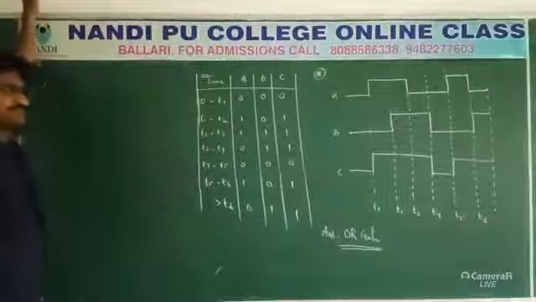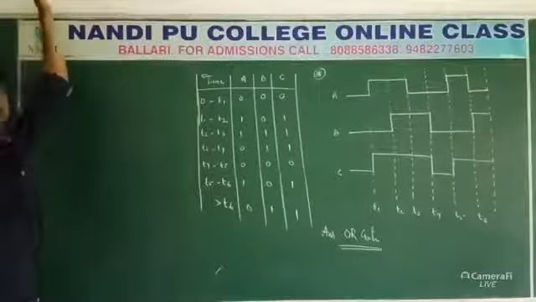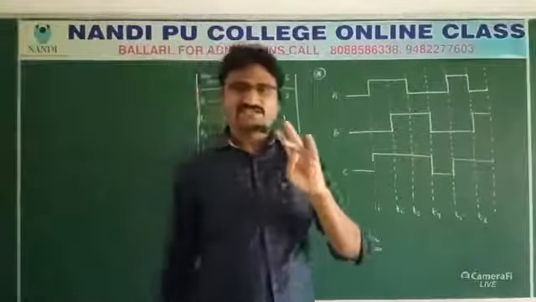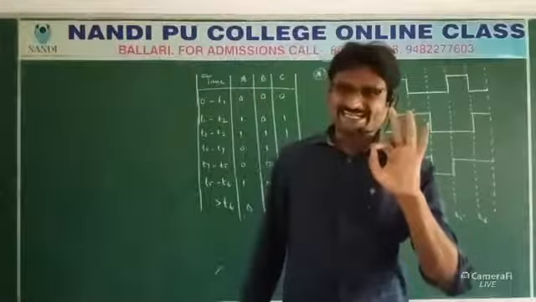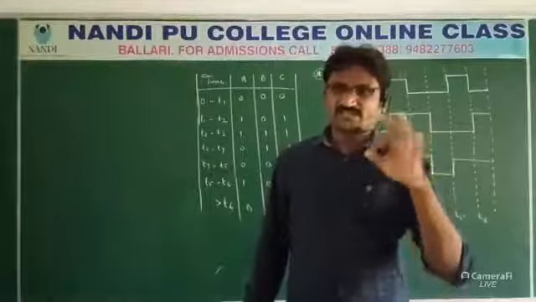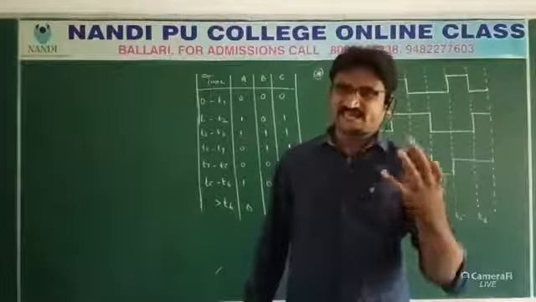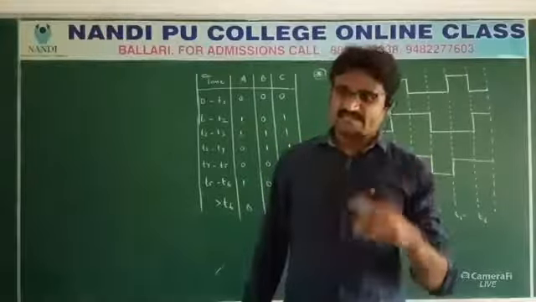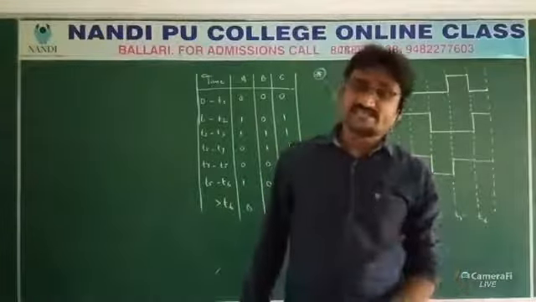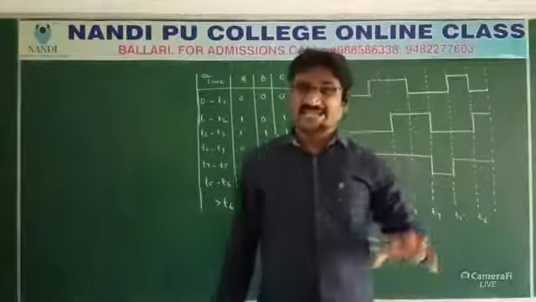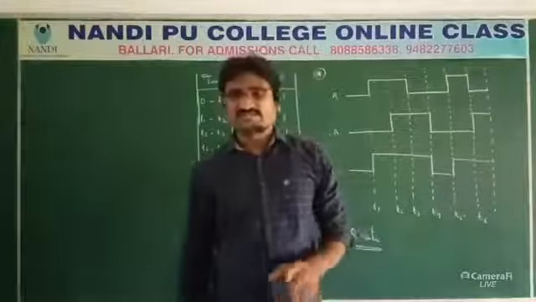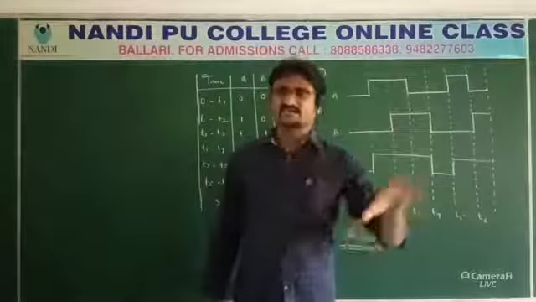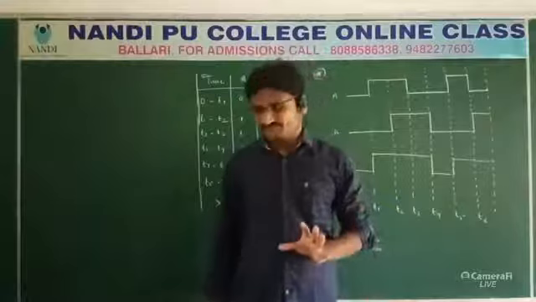In digital electronics, actually we have basic gates: AND gate, OR gate, NOR gate, NAND gate. So these are the basic gates. And the reverse, opposite gate is what? NOT gate. Next we have universal gates like NAND and NOR gate, and exclusive gates also, that is XOR gate. So these are the different types of gates we have, right?